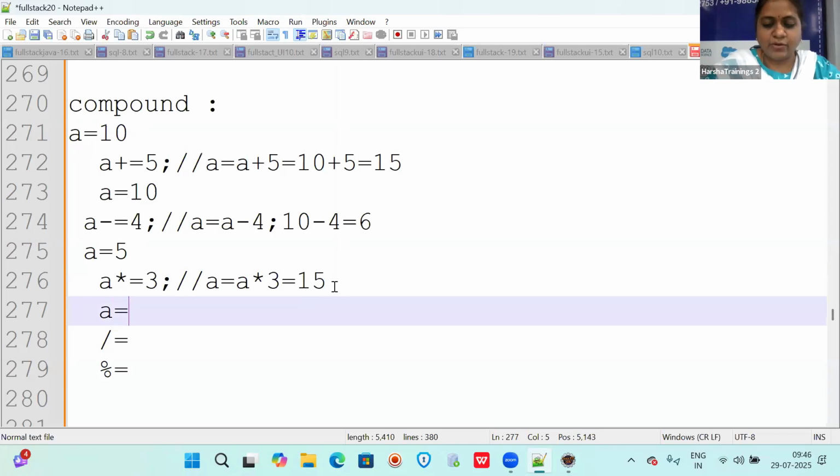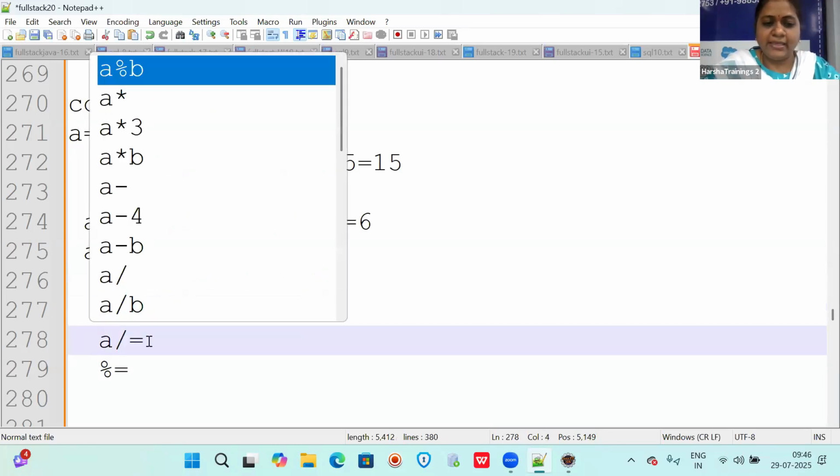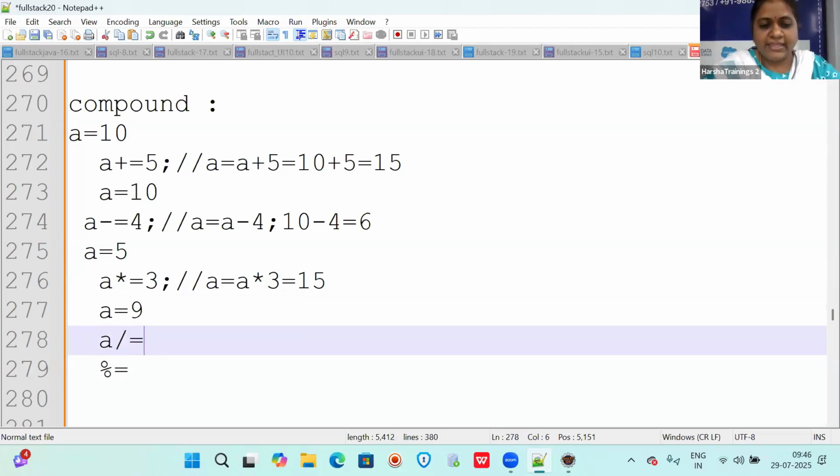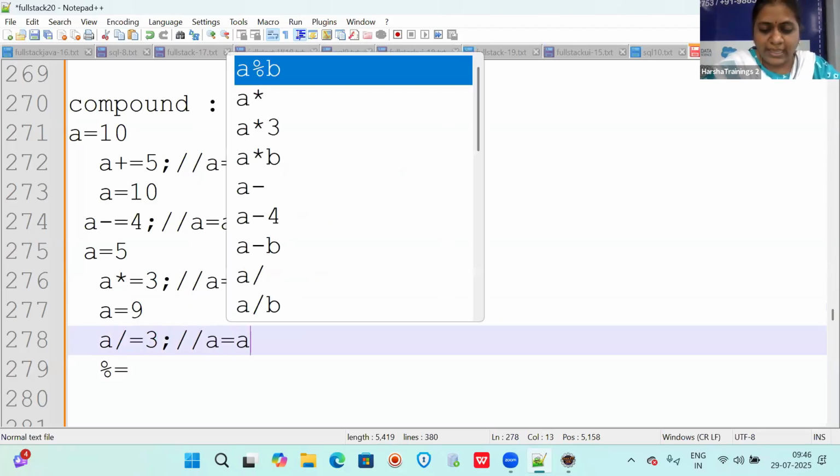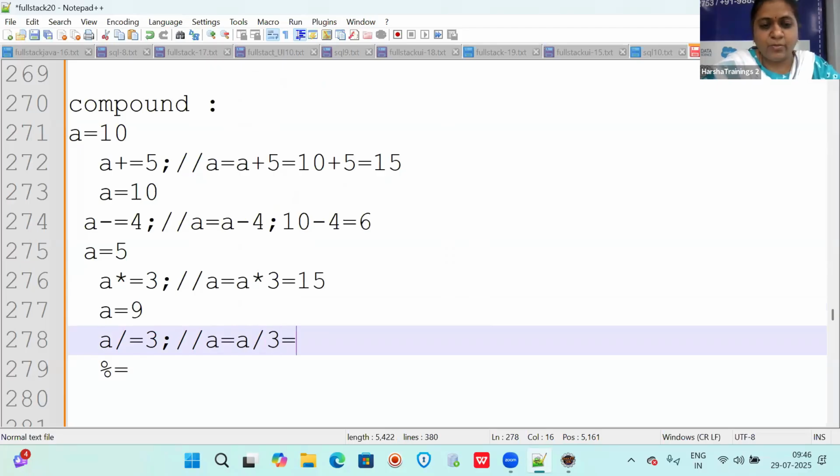Suppose here A is equal to 9. Then you are writing A division equal to 3. What does this mean? A is equal to A by 3. That means how much? 9 by 3, you have to consider the quotient. 3 threes are 9, correct? So like that.